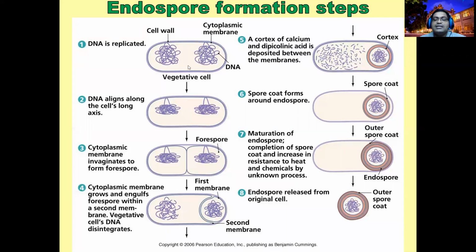In bacterial cells, you cannot expect any membrane-bounded organelles. Therefore the nucleus containing the DNA will replicate first. Once the DNA is replicated, the DNA will move along the long axis of the cell and go to the polar side of the cell.